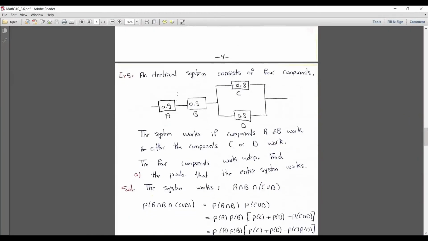Okay guys, let's solve now exercise number 5. We are saying here that an electrical system consists of 4 components, this is the scheme of it. It means that P of A is 0.9, P of B is 0.9, P of C is 0.8, and P of D is 0.8. The system works if components A and B work, so for the system to be working, A and B should work, these two should be working, and